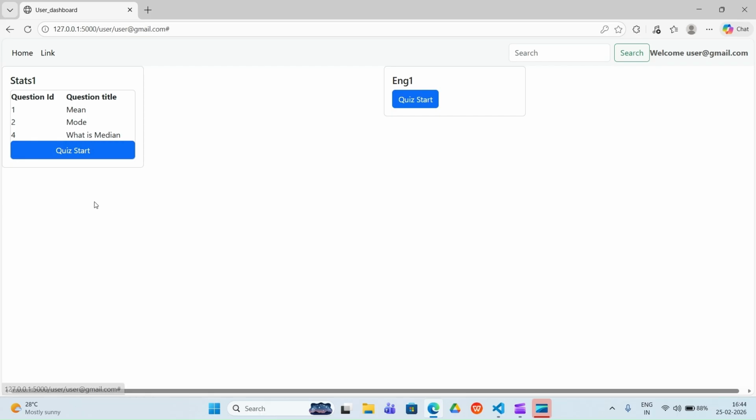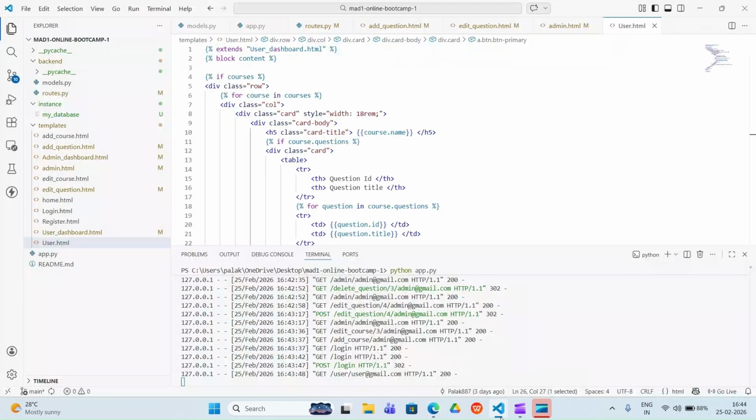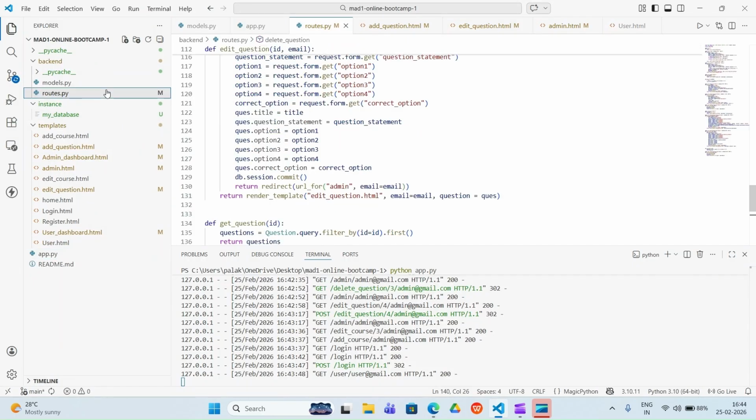Okay, so that's why we are going to create the route for this quiz start, so that we are able to see the particular question, and the user can answer that question and get the marks for the same. So we are going to implement that part here. So what I can do is I will go back to routes.py